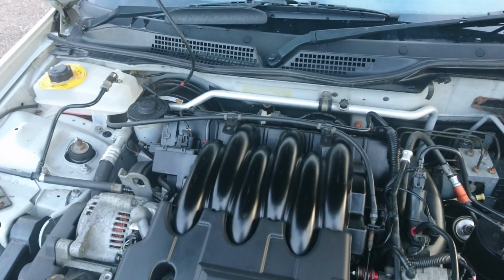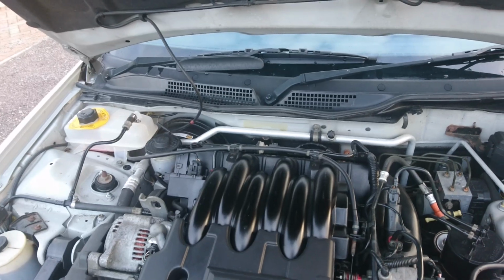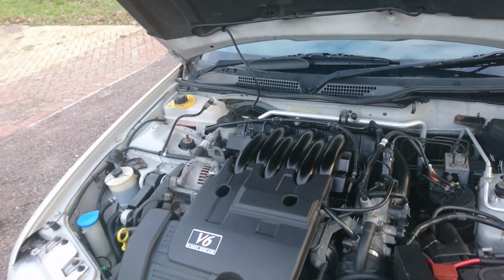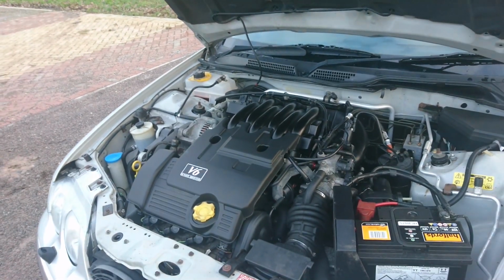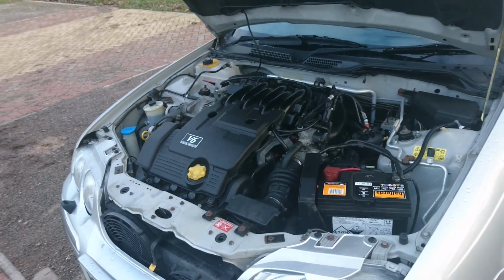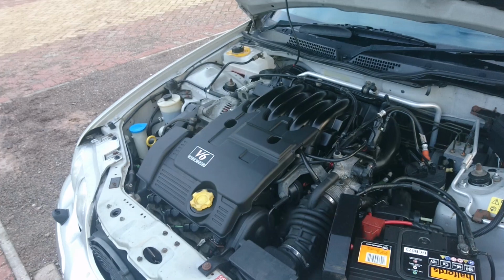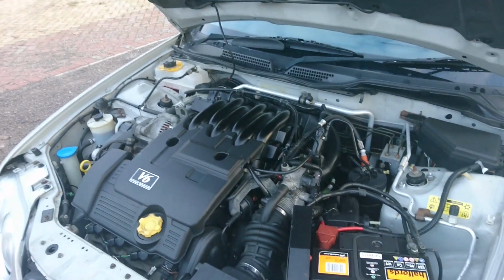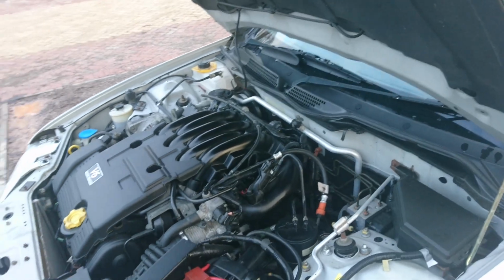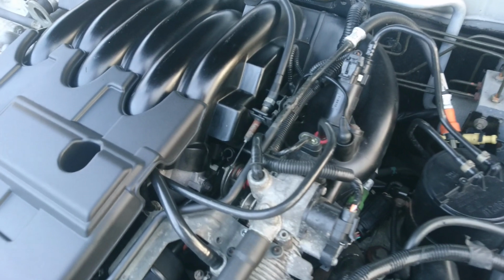This is actually off a car that was being broken for spares in the summer by a fellow member of the Rover 45 and MGZS owners club. Thank you again, Jason, for offering that at a most reasonable price. My friend Jordan, who has a car with the 2.5 litre version of this engine. This is a 2 litre, generating 150 horsepower. He actually sorted that out for me, as well as the cruise control diaphragm,